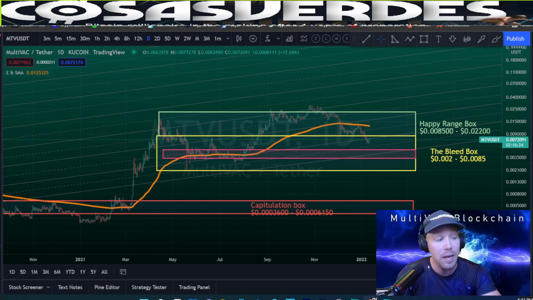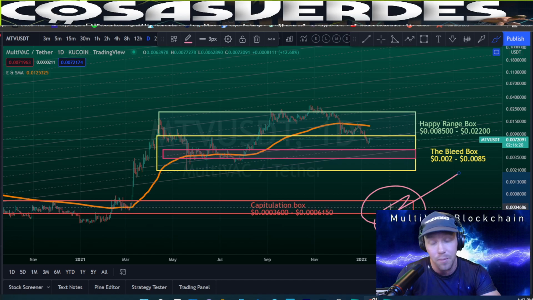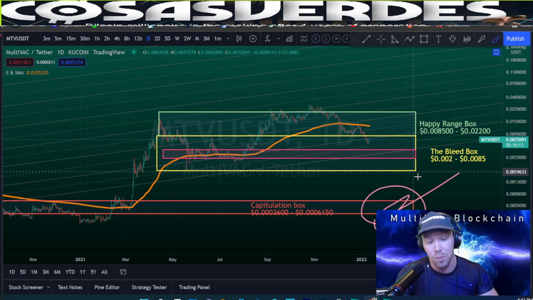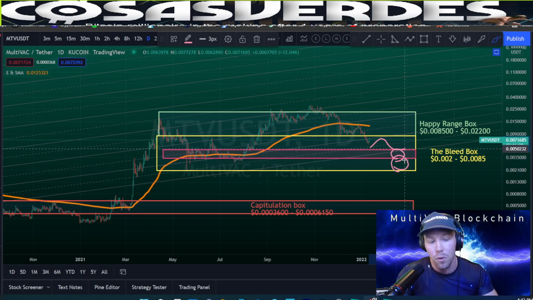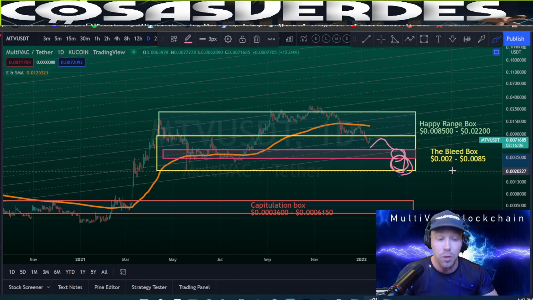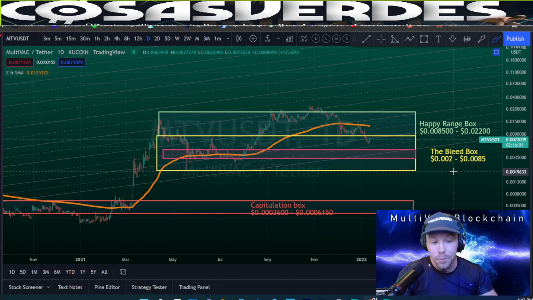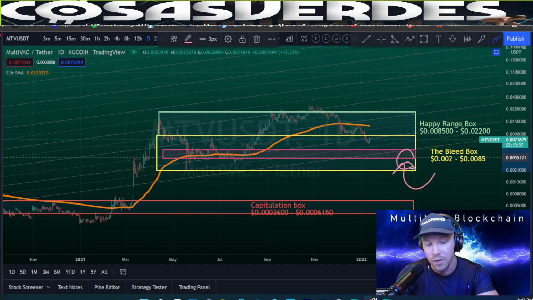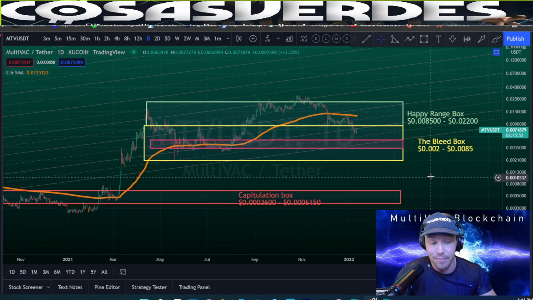So if there is a capitulation with some stimulus in the global economy, right? Like the euro, something weird happens with the euro, or another mega virus or whatever, it can come down here. But I don't know if that's probable. I would say more probable, this box or the lower end is probable this 2020. And personally, if I were a fan of Multivac at that time, depending on my own research, I would be interested in becoming a buyer somewhere down here. But I would give it a few months personally. So that's my take on that.